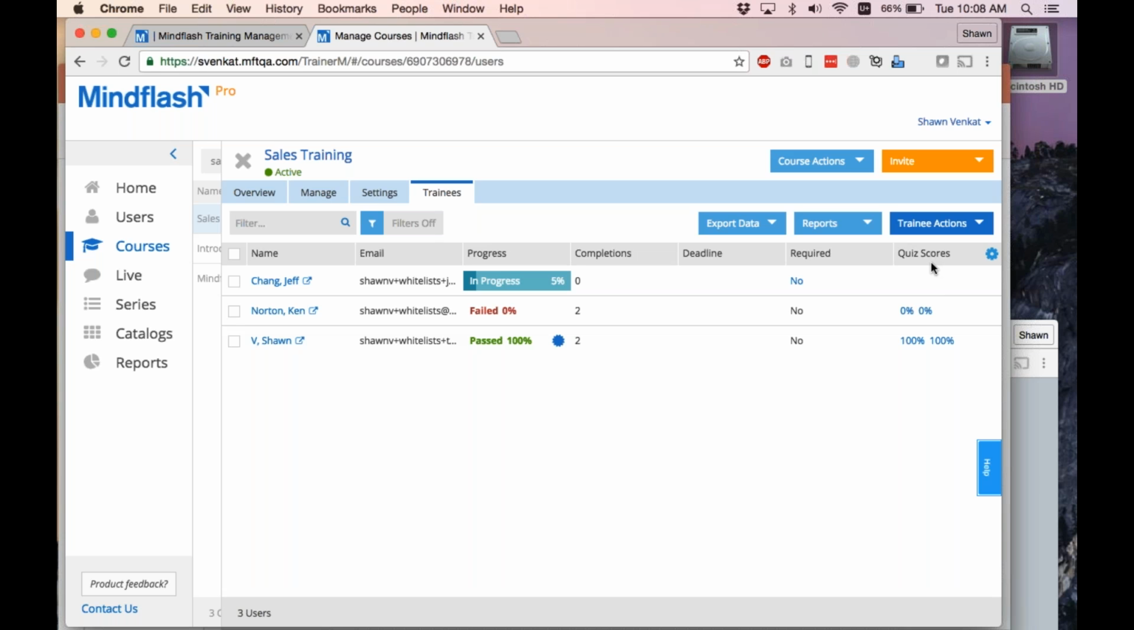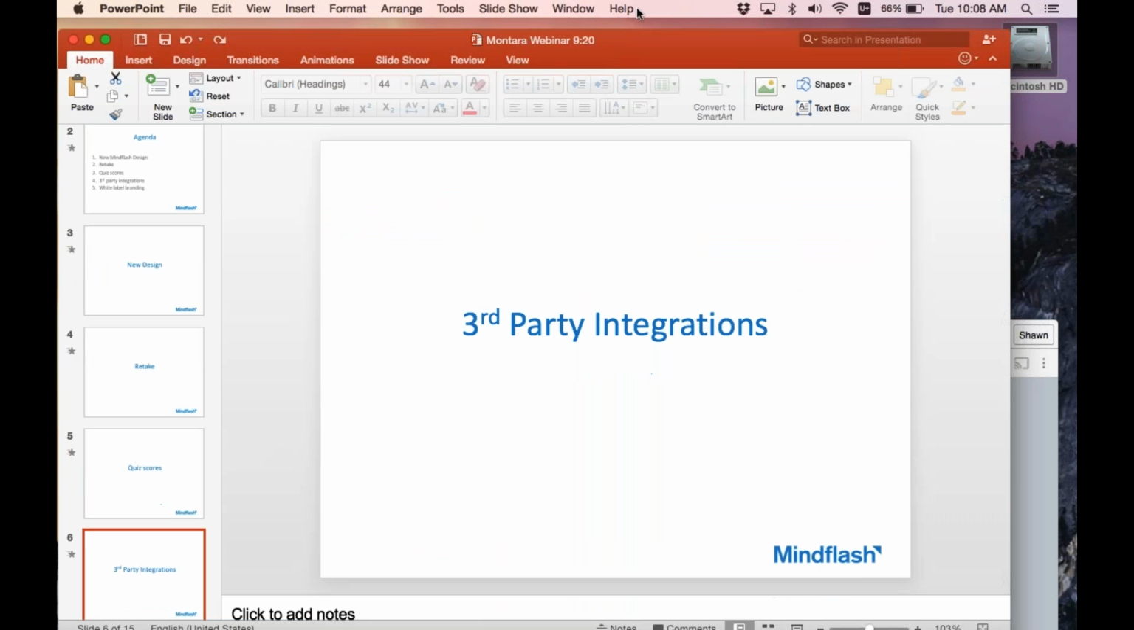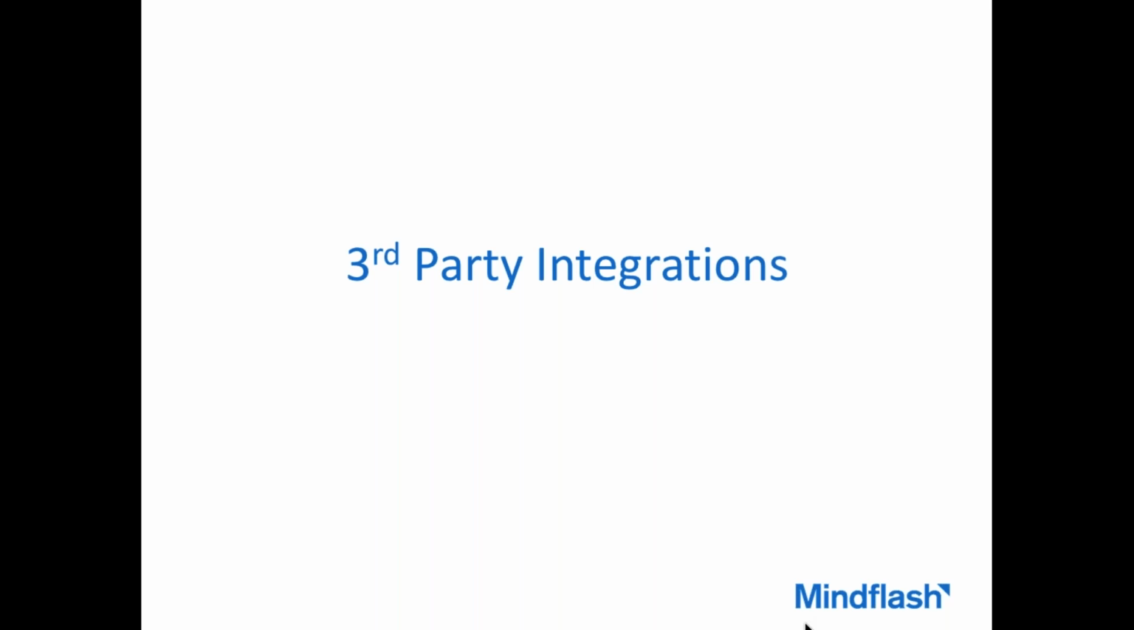Next thing we're going to chat about is the third-party integrations. So I'm going to pass this off to Adrian now. Awesome, thanks. So as you mentioned, a couple of the ways that you can start utilizing Mindflash is to, well,